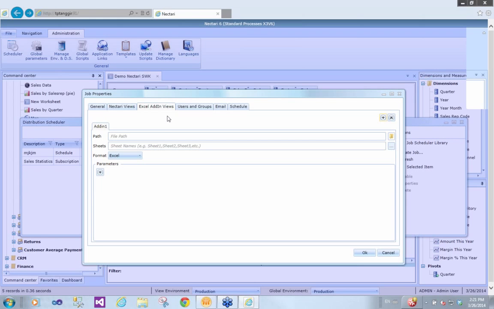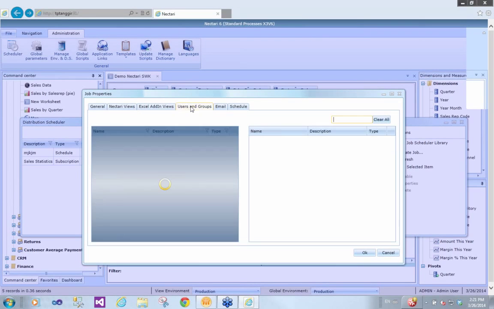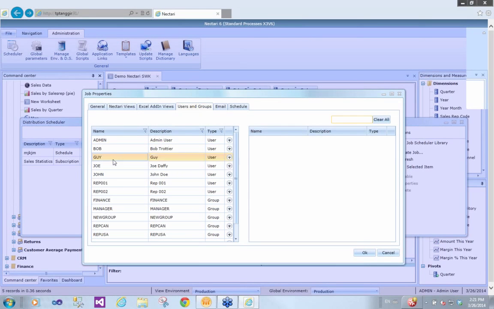Two things here to keep in mind. First thing, the security will be taken into account. I did not talk too much about the security, but when you have a report like this one, so let's close this here 2 seconds. When you have a report like this one, if you set some security on the margin and margin percentage that you want only the manager group to have access to,